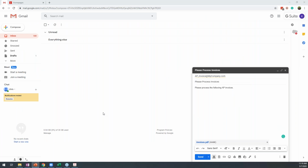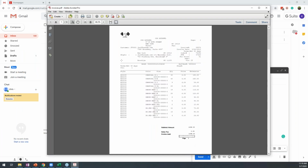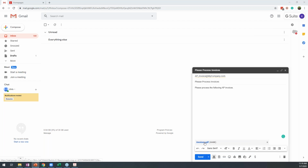So let's go into the demo. I have a collection of invoices here. So this is actually 6 or so invoices in a PDF. And I like kind of just reviewing the information together just so you can see it. This is a lot of different invoices in one single PDF. And I'm actually going to put, I've attached that PDF to an email, and I would send that email off to